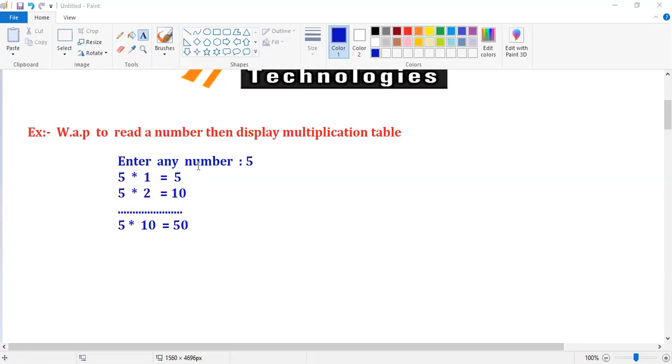Tell me, range starts from which number and ends with which number? Very good. The range starts with 1 and ends with 10, right? Now, if you want to do this program, what do we have to do? Let us observe simple logic.